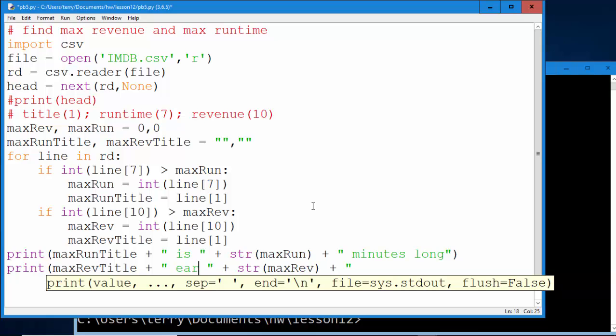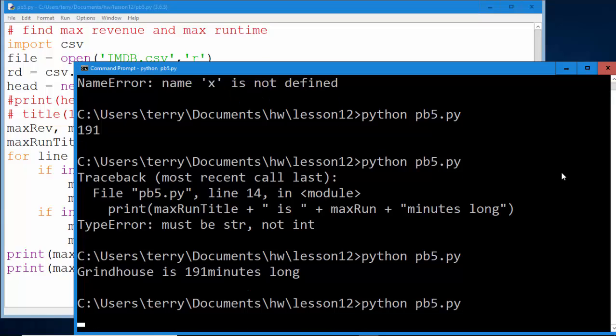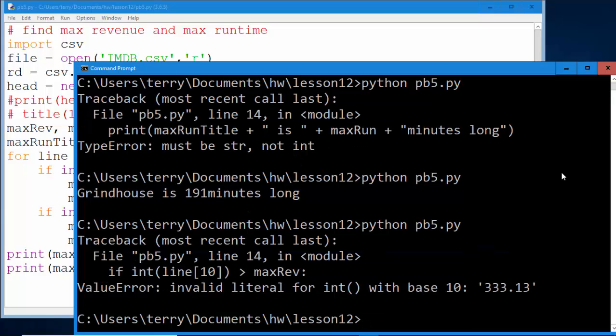And so what we really want to say is this movie earned this amount of dollars in revenue, and it was the highest amount. So it's $1 million. These represent millions of dollars of revenue. So we get hopefully a nice clean message that shows the longest runtime and the highest amount of revenue. And we get an error about integer, and it shows the data is